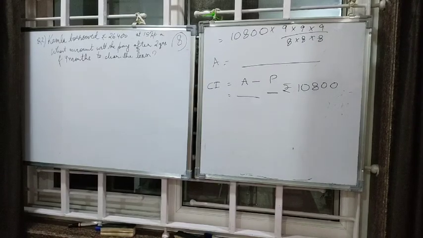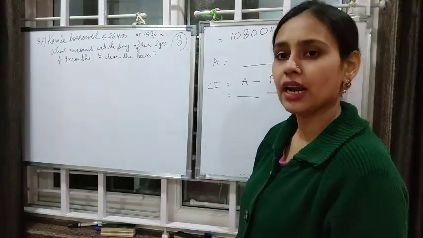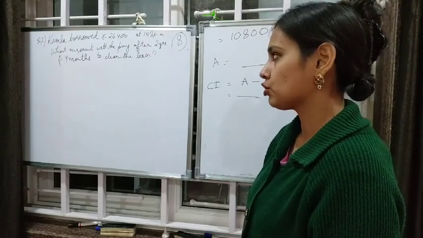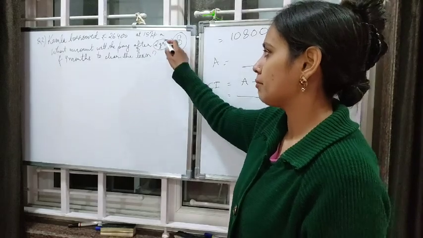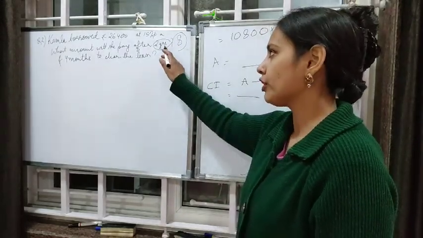Children, this is your question number 2 where Kamala is borrowing some money from the bank and it is at the rate of 15% per annum. What amount she'll pay after 2 years and 4 months to clear the loan? So we find 2 years compound interest, 4 months SI, and then add amount we already know.